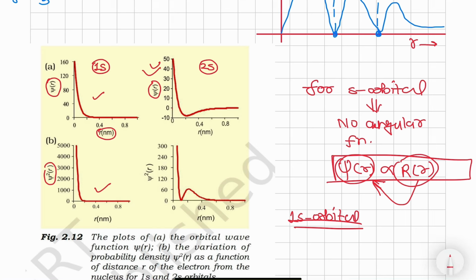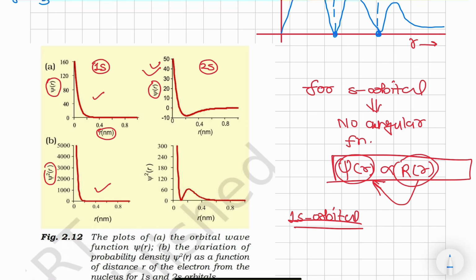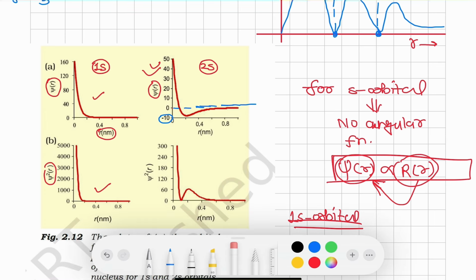Why? Because in NCERT they are using some type of graph which you cannot easily consider or easily learn without the help of a teacher. You can see the origin is here. This is the origin, not this. This is -10. It means this graph is always matched with our graph. This graph is also matched with our graph.